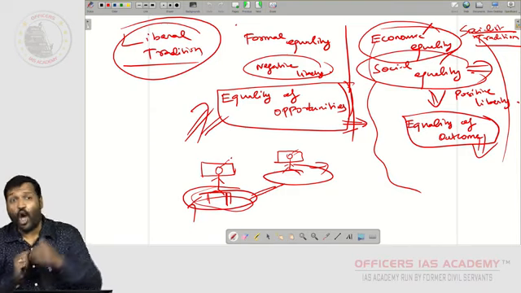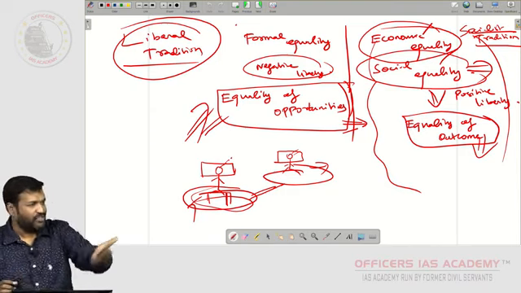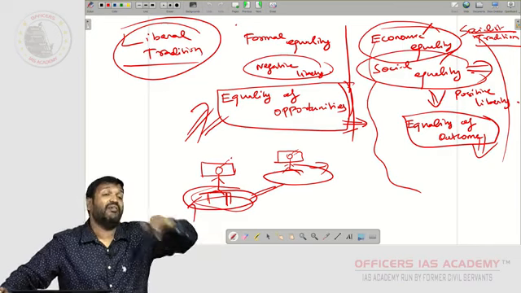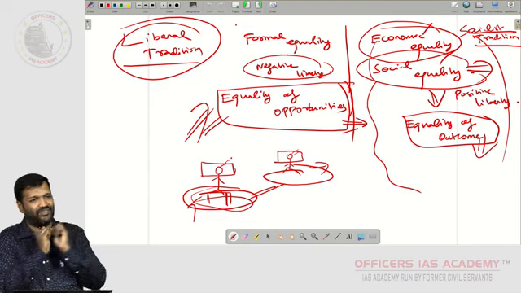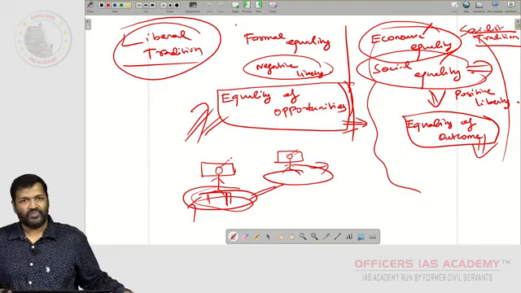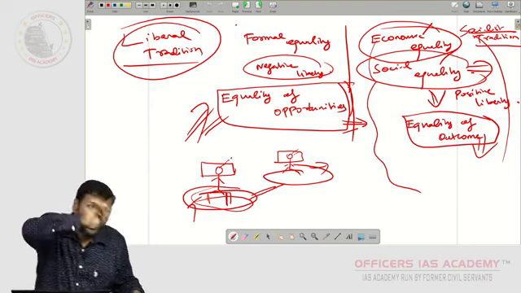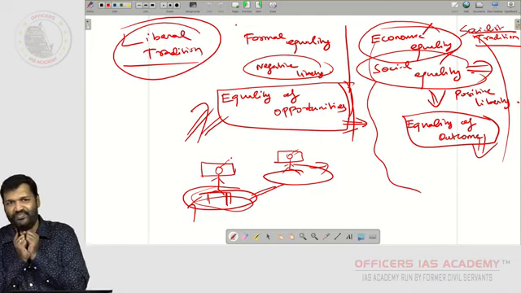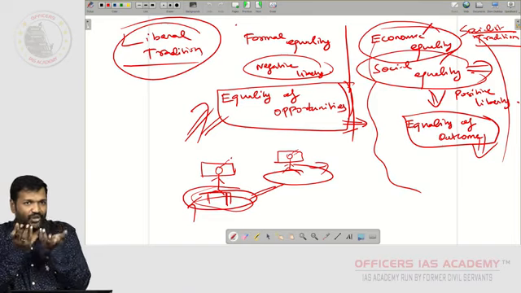When it is complementary, how do you see equality? If you see equality as equality of opportunity, if you see liberty as negative liberty, liberty that emanates from law, then it is complementary to each other. Okay. If you see liberty as positive liberty and equality as equality of outcome, again it is complementary to each other. You understood? That is how you have to argue.